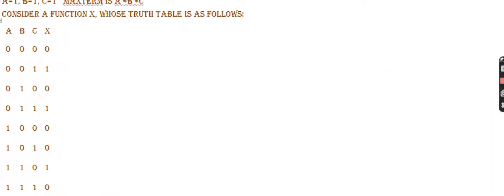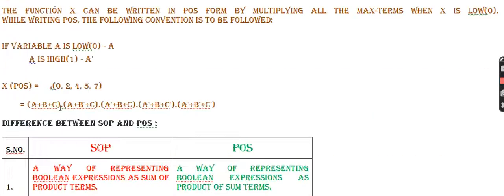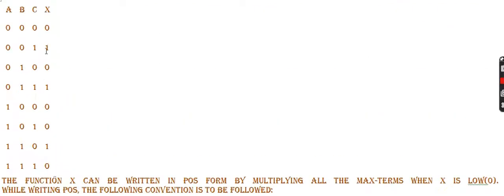For 0, that is for this term, A bar, B bar. As I already told you, here the active low signal will be considered as a normal form, and active high signal is complemented as a normal complemented form, and active low signal is considered as a normal form. So here 0 is represented as A, B, C. That is for 0 you are putting A plus B plus C,